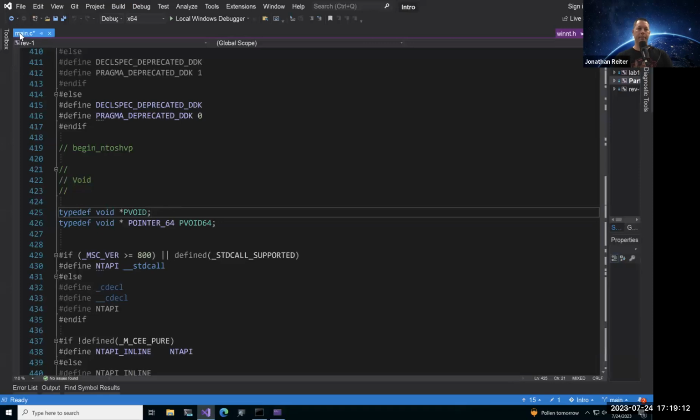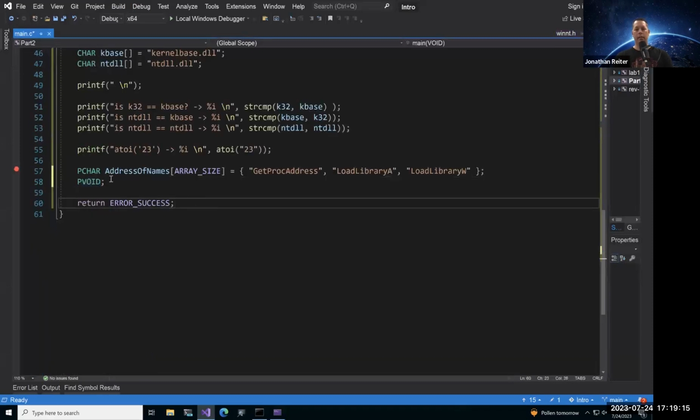It's a nice type to deal with because it's easy to cast to other data types that you might need on the fly. For example, if you're allocating a chunk of memory in a heap using something like HeapAlloc or malloc, it returns to you a PVOID. And it's very easy to change that to other types like PCHAR or PUCHAR or PINT, however you're going to be using that chunk of memory.